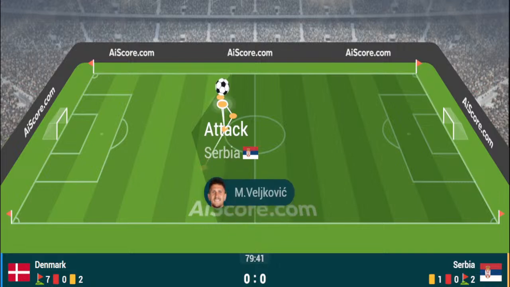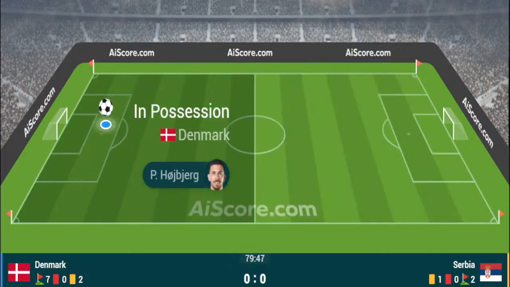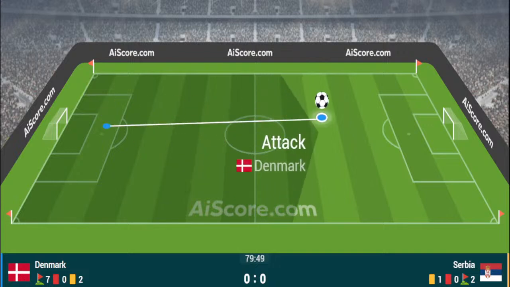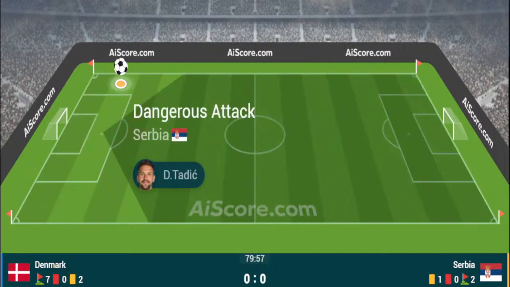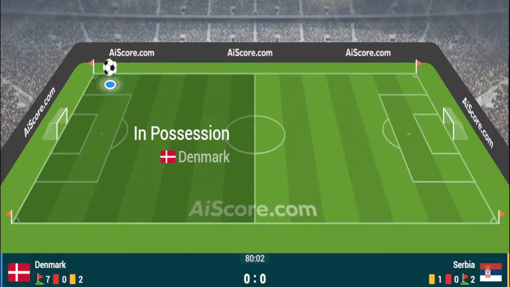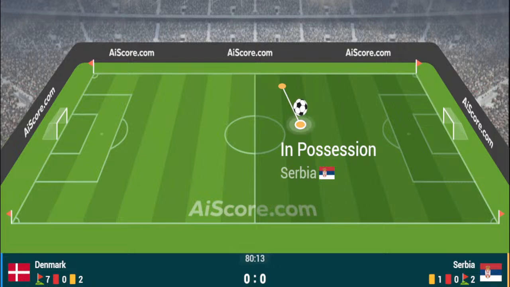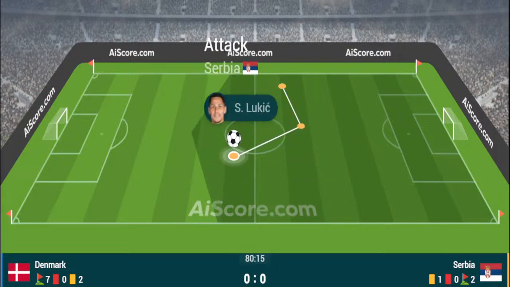There is going to be a VAR check here. Mitrovic initially made contact with Anderson, and then there was a coming together more than anything, and Anderson just had a few choice words for Mitrovic, as Mitrovic was tossing his body around on the deck, and it is Mitrovic who is coming off the field of play, just touching his left hip, but he's going to be okay to continue. There is still one substitution to play with for Serbia.